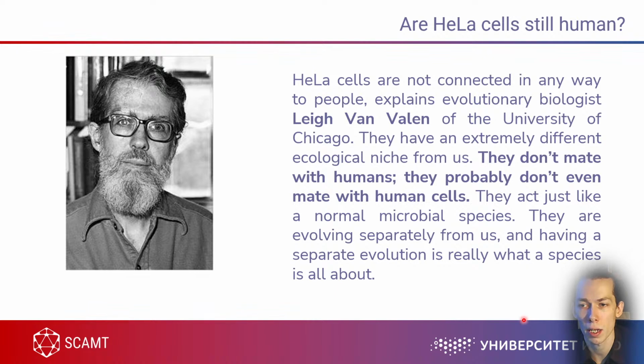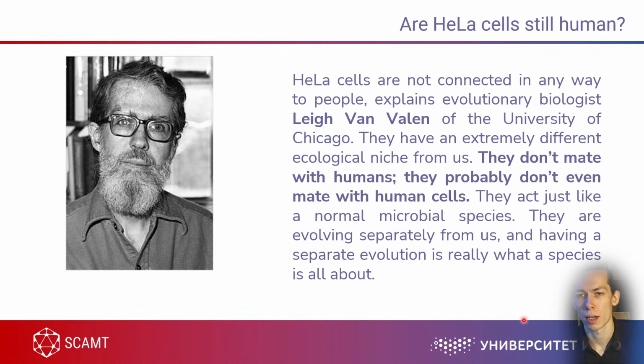Because if a cell divides uncontrollably, like most of the cancer cells, they will accumulate different mutations, and the first mutation leads to the formation of cancer in some cases, and further mutations lead to resistance of this cancer to, for example,